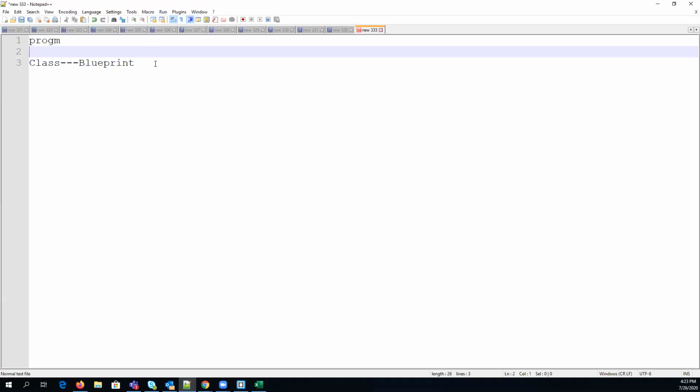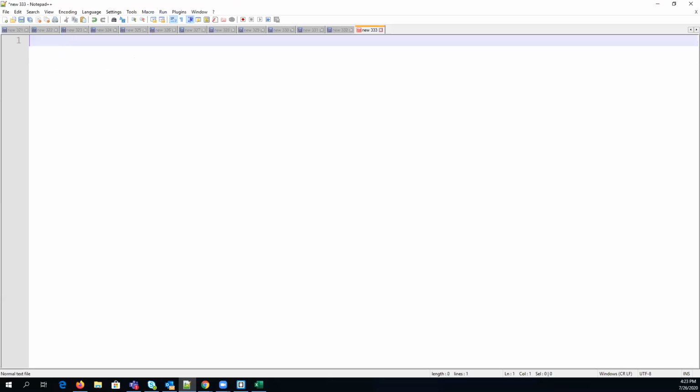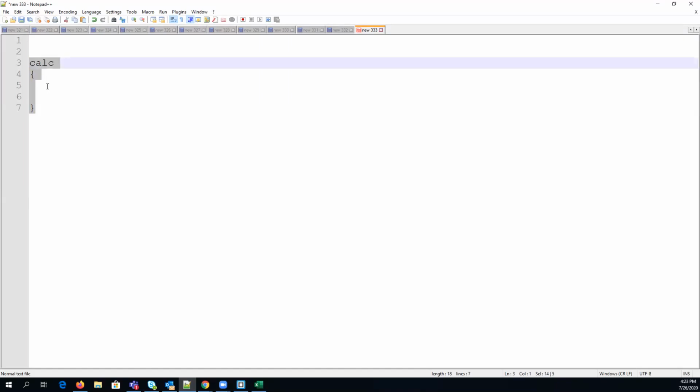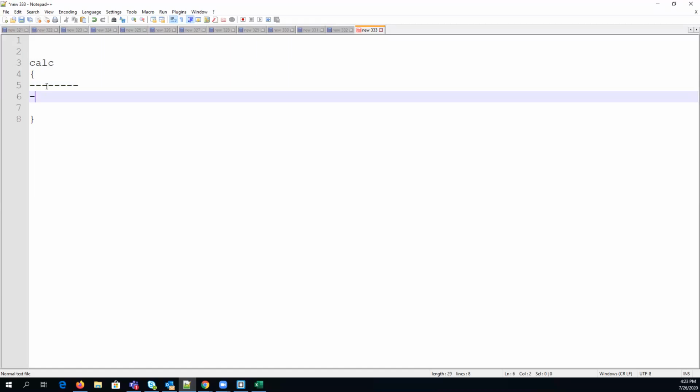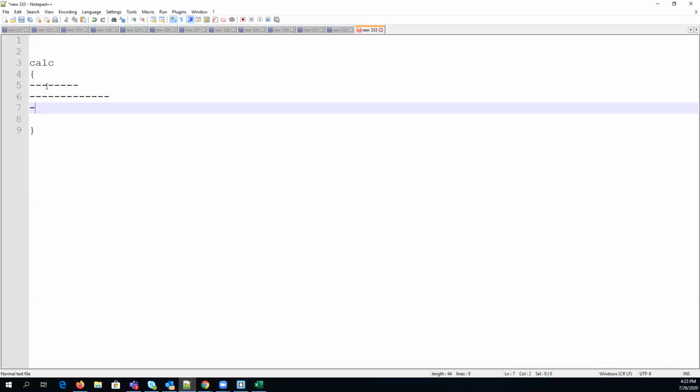So let's say you want to create a calculator. So what you will do is you will create a calc class, and you will write your logic here. This is not the right syntax to write the class, but I'm just telling you, you will write everything that is related to calculator between these curly braces. So calculator will contain all the logic that is related to achieve all the functionality in the calculator. Okay guys, is that clear?